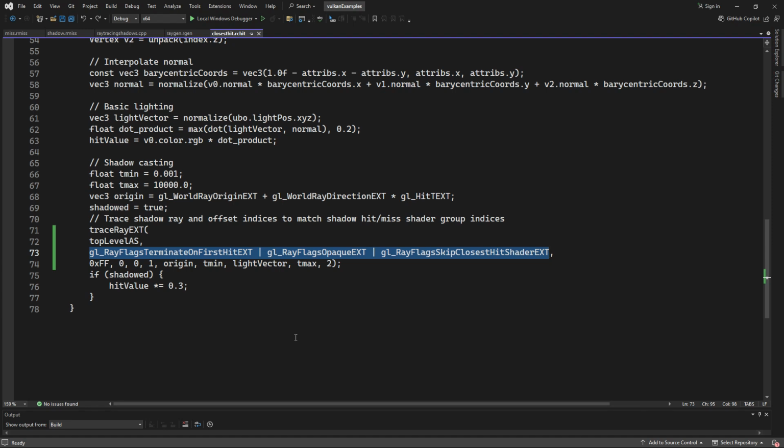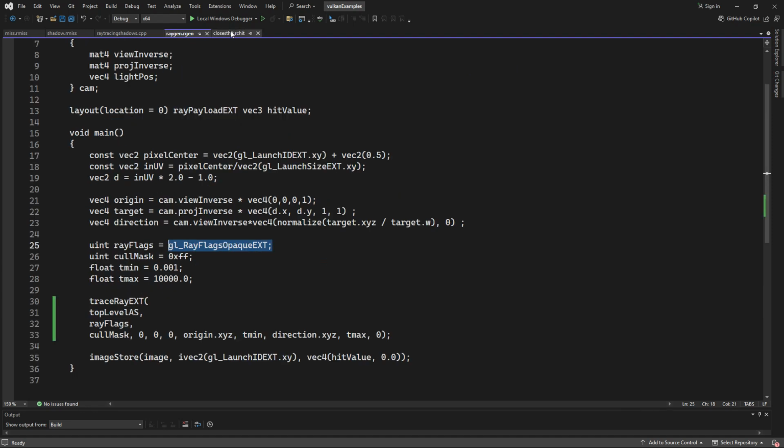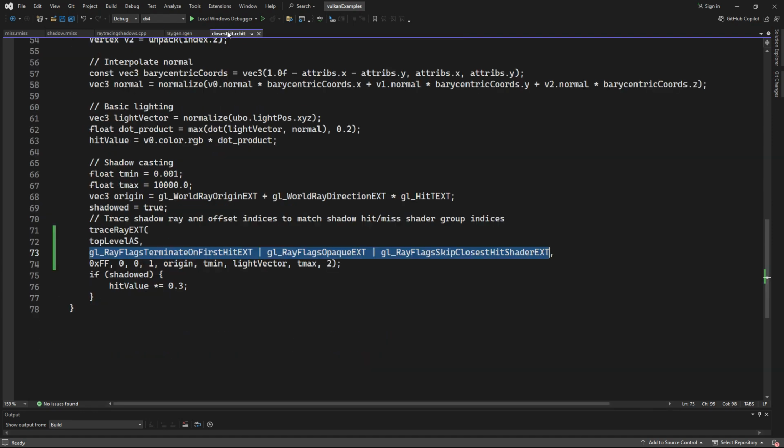You guys have to tell me what these flags stand for and why they are there. Yeah, I don't want to get into the flags themselves. Terminate, some of it is kind of self-explanatory, but one of the things you have to appreciate is that for the shadow ray or the shadow test ray, you have to understand that